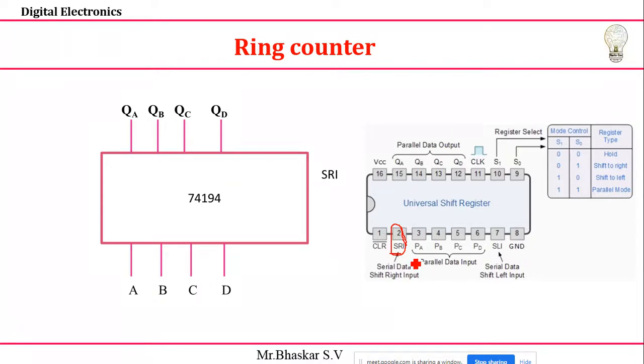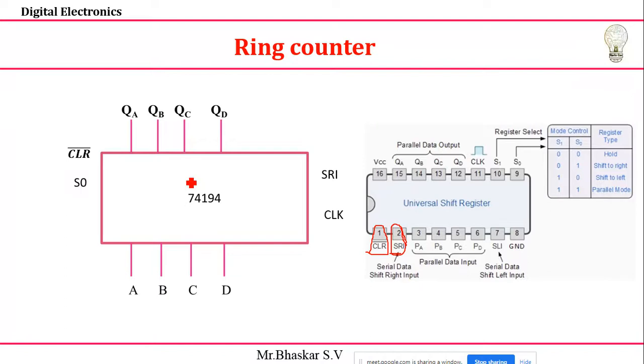Next thing, I'm going to take a clock. Yes, definitely it's required. Based on my clock signal, it will try to shift right side or left side, whatever it may be. And next, what inputs are required? Clear. This is the clear signal I'm going to use. If I want to clear, I can do this. If you give 0, it will clear my shift register.